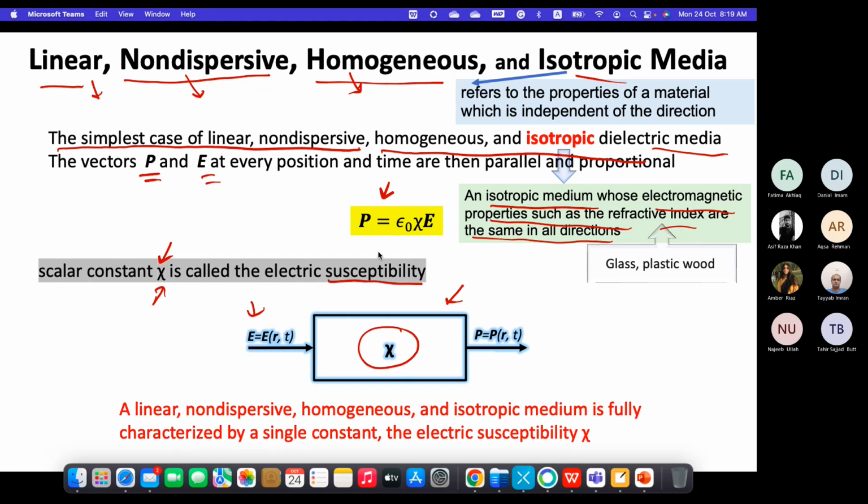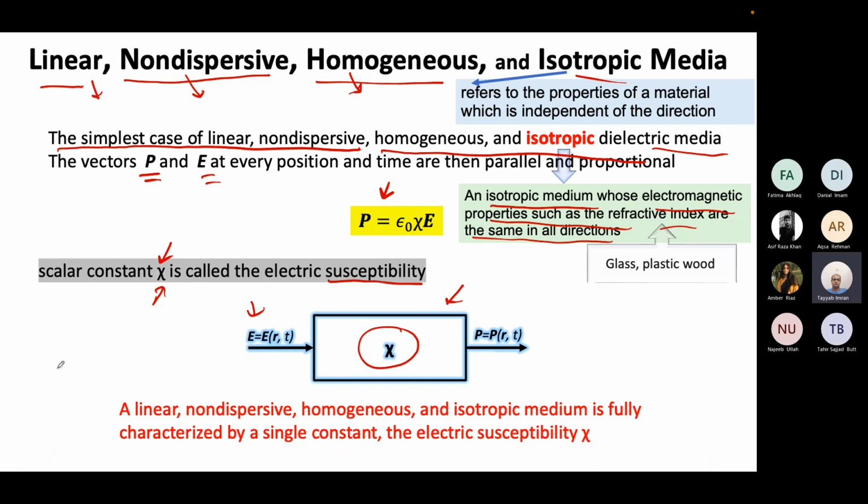Just a minute. So a linear, non-dispersive, homogeneous, and isotropic medium can be characterized by the single constant, which is electric susceptibility, ठीक है। लेकिन अगर नॉन लीनियर हो, दैट इन दिस केस यू हैव मेनी अदर कंपोनेंट्स। लेकिन एक लीनियर मीडियम जो है, if you want to study fully, then you can characterize with this constant, ठीक है। This constant is chai or kai, whatever, different people pronounce in a different way, ठीक है।